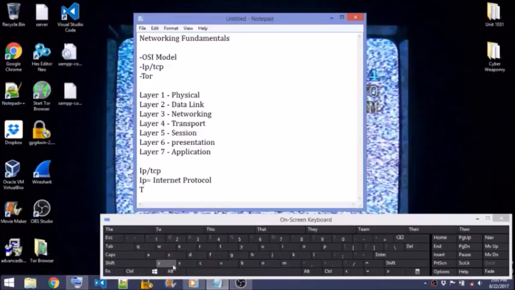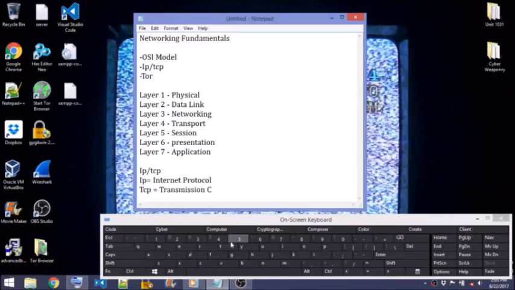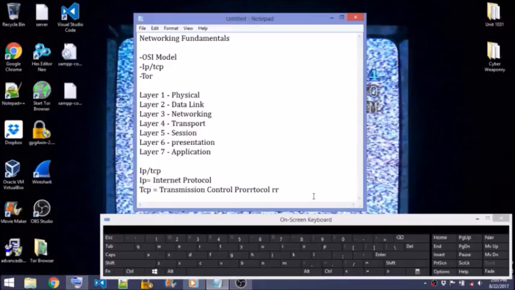And we got our TCP equals Transmission Control Protocol. Okay. Alright, so